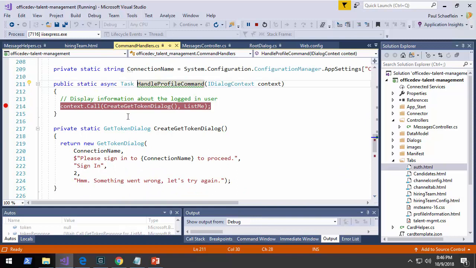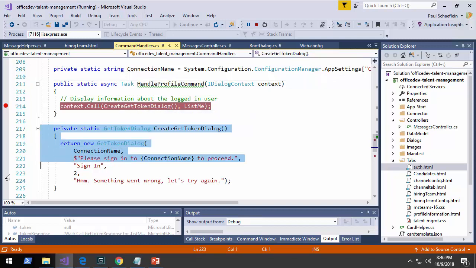This is a simple dialog. It's going to just pass the call onto a get token dialog. The get token dialog is provided by the Bot Builder SDK. In the constructor of the get token dialog, I'm going to pass in the connection name, and this is a variable which is reading that